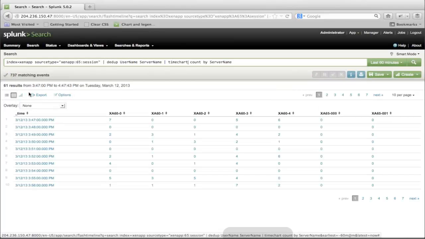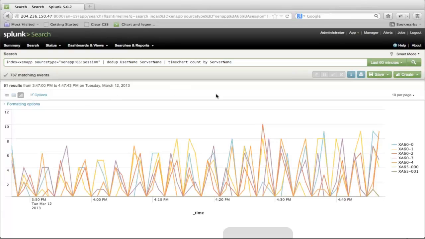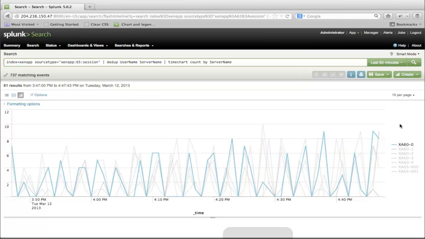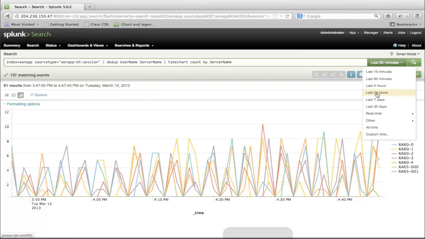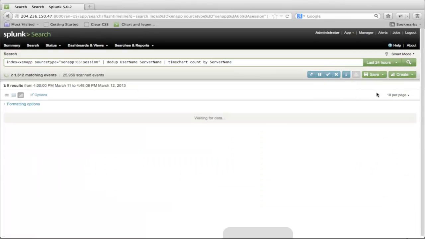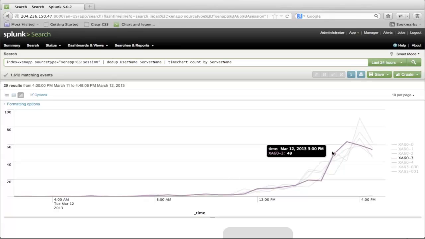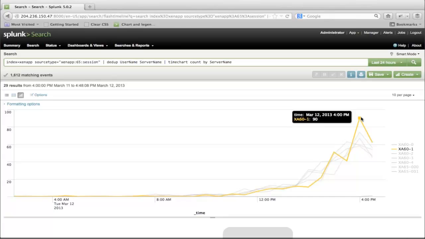What that's going to do is give a timestamp, and then to the right is how many users were on every server at that time. But since we're using that chart, we can come over here and I can do a nice chart. This is over the past hour, but really what people are more normally interested in is maybe the past day. So you can see what's going on in the past day. You'll see nobody's coming in at 4 a.m., and then all of a sudden we have some users coming in through the system, which is kind of what you would expect. And the mouse-overs will show you details on each thing going on here.